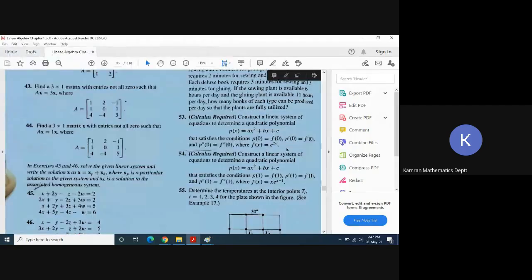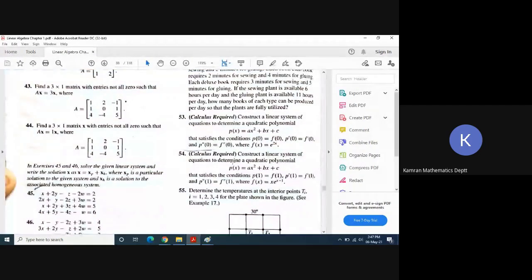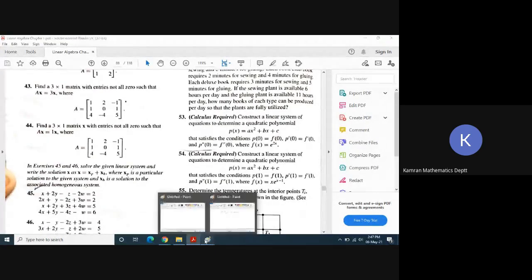Question number 54. Construct a linear system of equations to determine a quadratic polynomial that satisfies these equations. The quadratic polynomial is